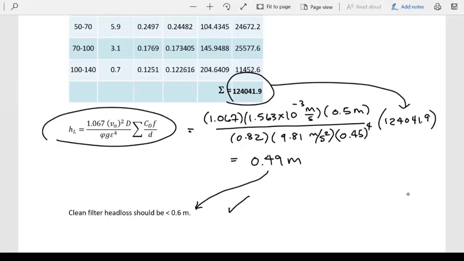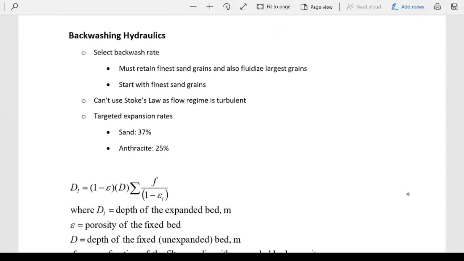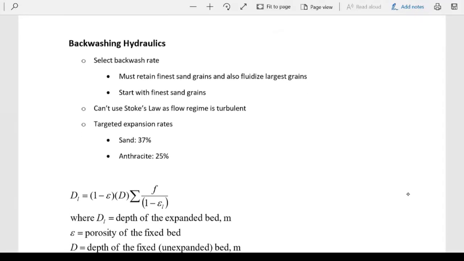But as you can see, once we start operating the facility, changing the porosity is not an option. Changing the depth is not an option. The only thing we can change is our approach velocity, but that's dependent on demand. Now, once we've designed the